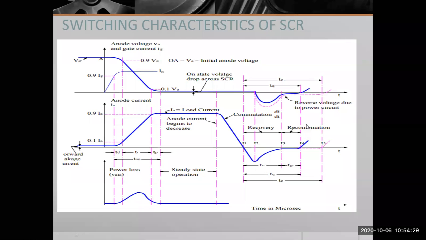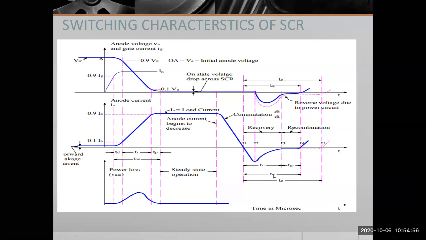See the graph, we can clearly observe that TQ is nothing but the turn off time of the device. TC is nothing but the circuit turn off time. How can we classify this TQ and TC? TQ and TC both are not equal. If you see the graph here, you can identify the circuit turn off time is more compared to